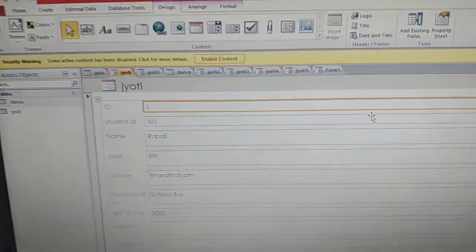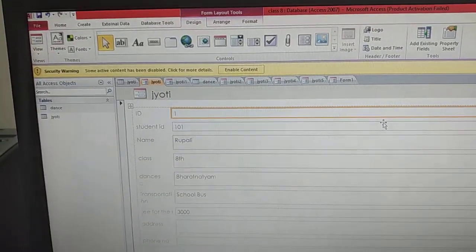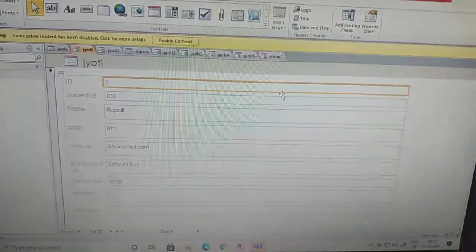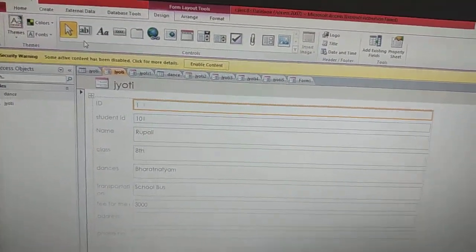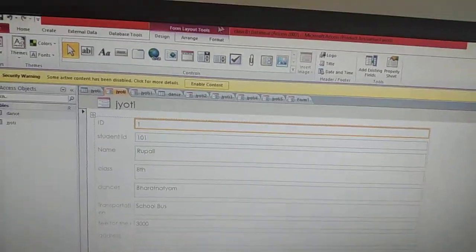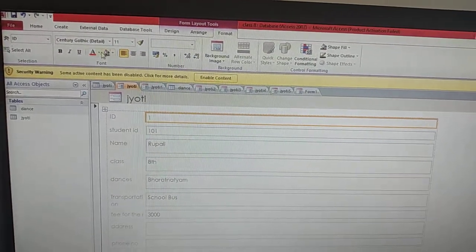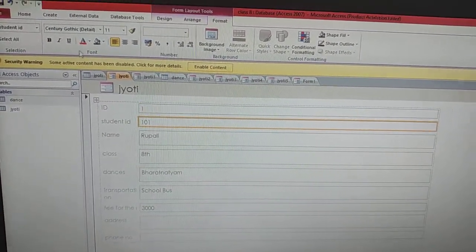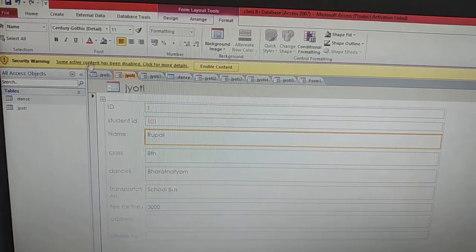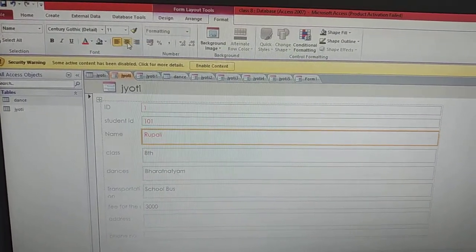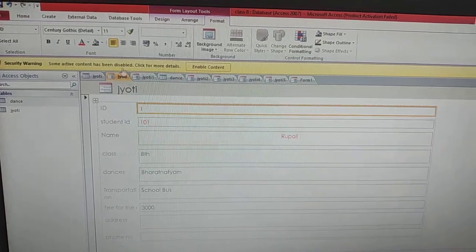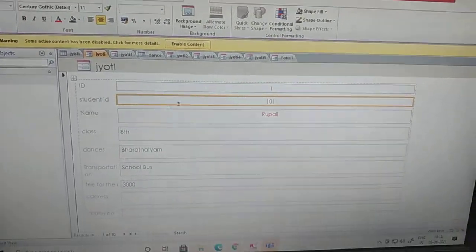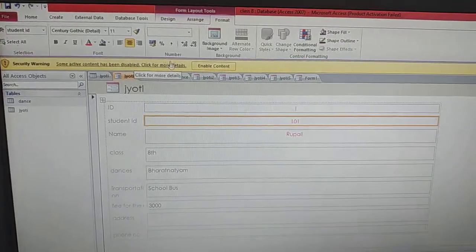Now the next topic is how you will change the field formatting of the form. For that, you can go to the option number format. On the top there is a format, means you want to change its color. Do you see? The color is red now. The color is red now. You can center it. Now in your form the content is in the center position.